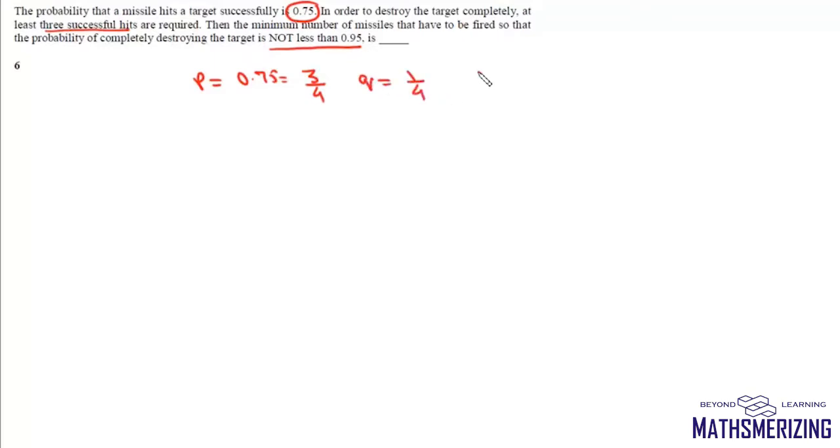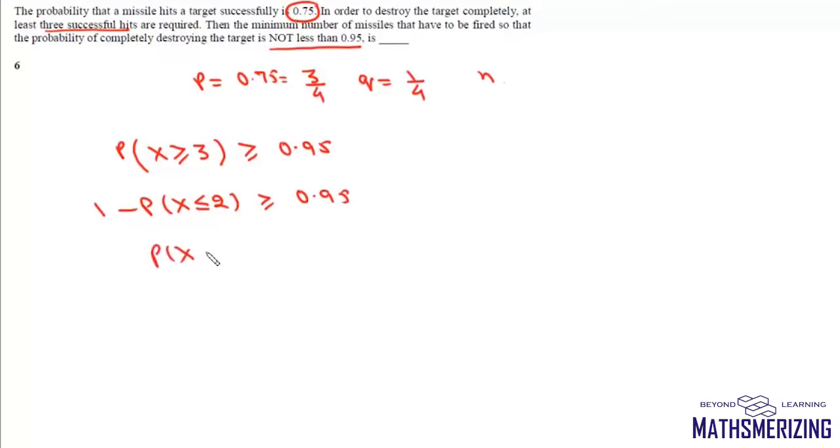1/4. And suppose the number of hits is X, then the probability that the target is destroyed will be given by P(X ≥ 3). This probability is not less than 0.95. That means it should be greater than or equal to 0.95. Now we can write the probability of X ≥ 3 as 1 minus the probability of X ≤ 2, and it should be greater than or equal to 0.95, or we can write the probability of X ≤ 2 should be less than or equal to